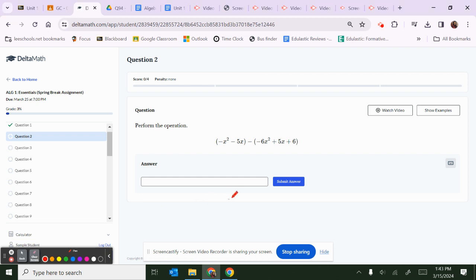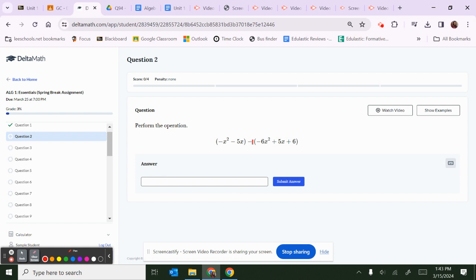All right, guys, here's some support for spring break activity question 2. Question 2 says we need to perform the operations to be able to solve this equation. Here we're trying to subtract a quadratic from a binomial. Whenever you see that you're subtracting, you're going to assume that in